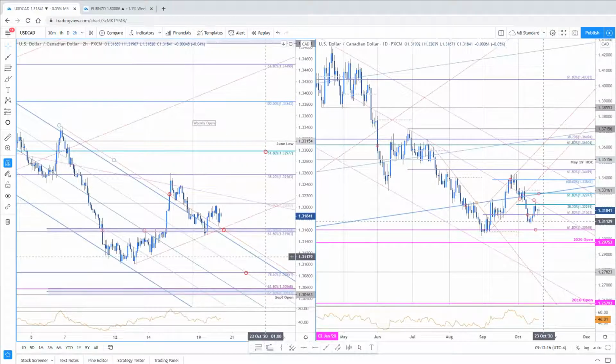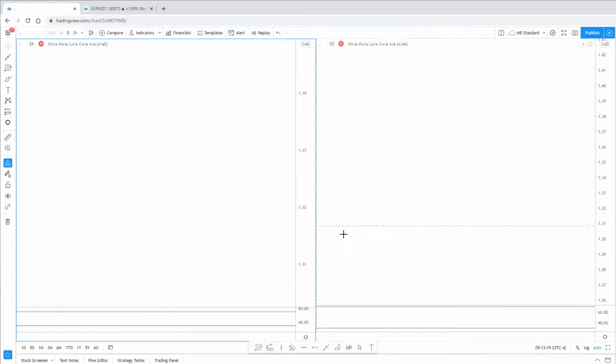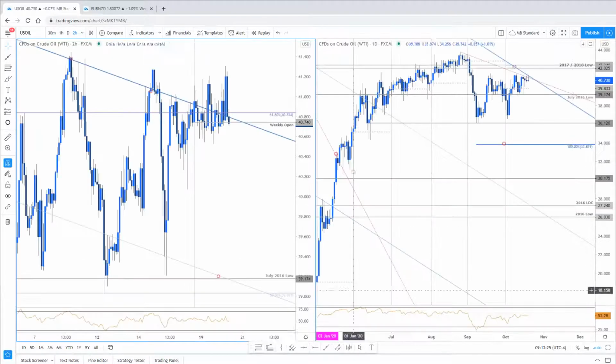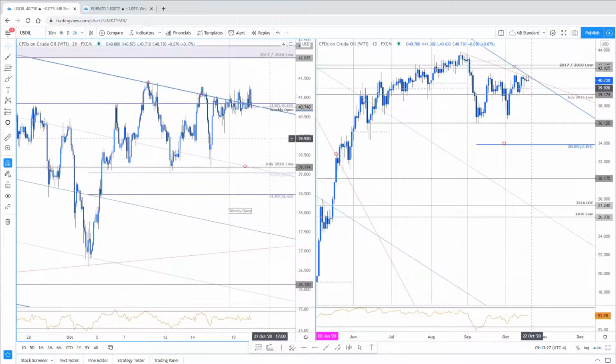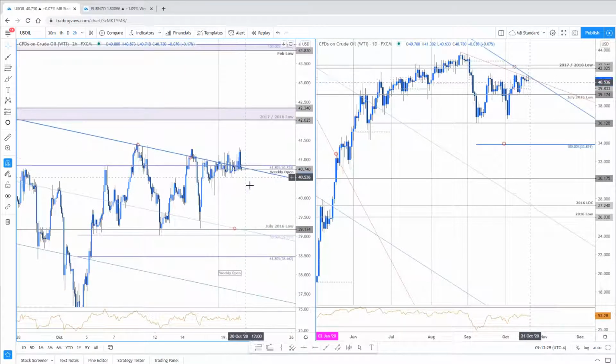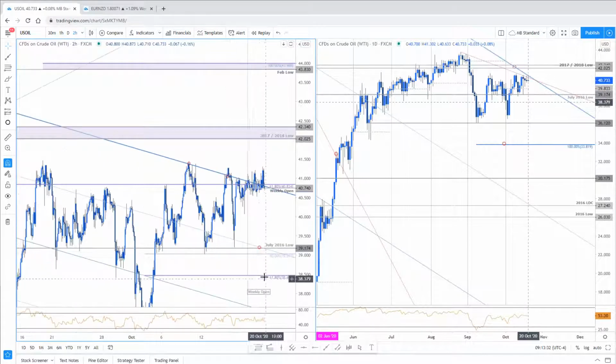Now, the one thing I didn't cover was crude, which is something that someone was asking about here. What's going on in crude? Here's oil. Another one, guys. Weekly range is all you need to know on this. Look for a weekly range break to give you